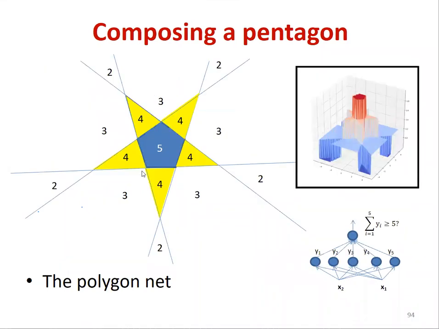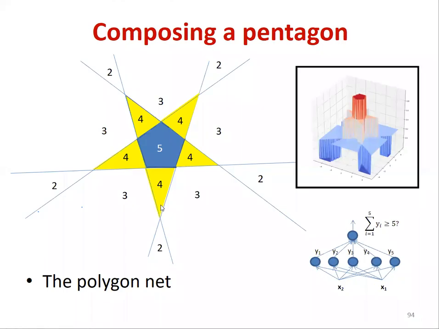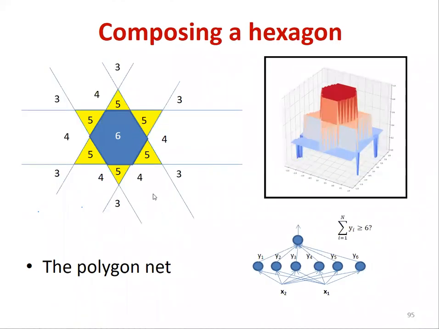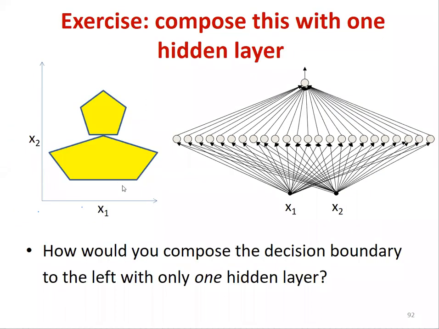Now observe something that happened as I increase the number of sides. What is the area of the space where the sum is less than 4, but still high? What is the area of the space where the sum is 3, just below 4? Anyone? In this example. It's infinite, right? But then over here, it became finite. Here, it not only stayed finite, it became smaller and smaller and smaller. So now, why can you not compose this guy with one hidden layer using the naive method?